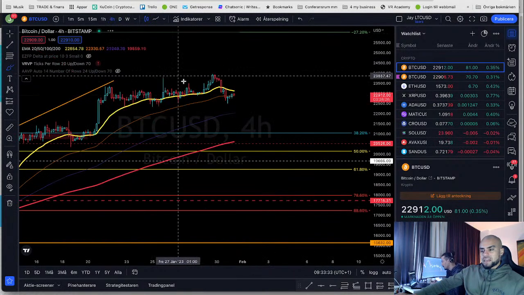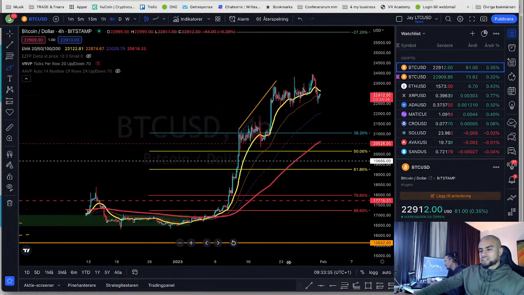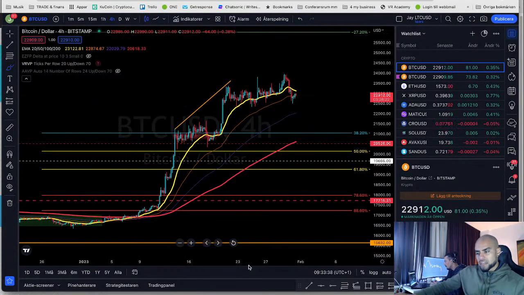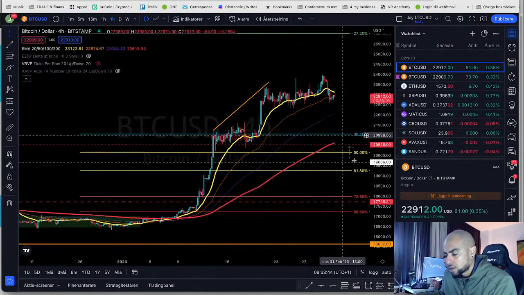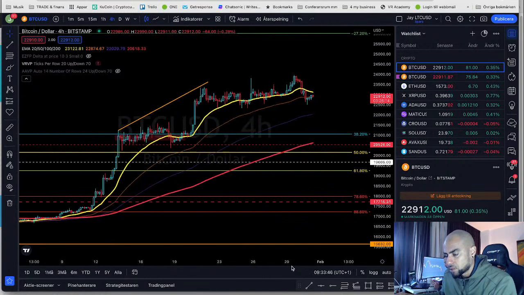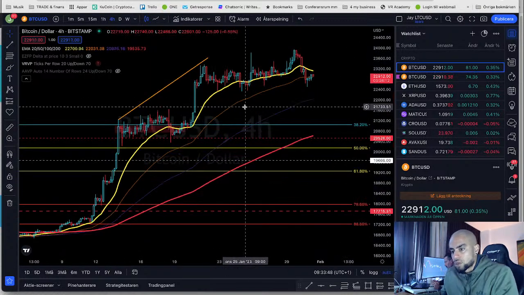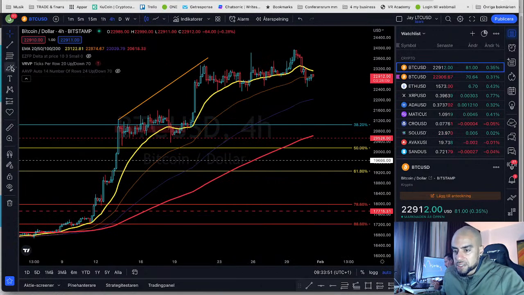Are we in any sell position right now? Are we in any entry position for a sell here? Yeah, we actually are. Funny enough. What do I see? So in the 4-hourly time frame, what's happening is